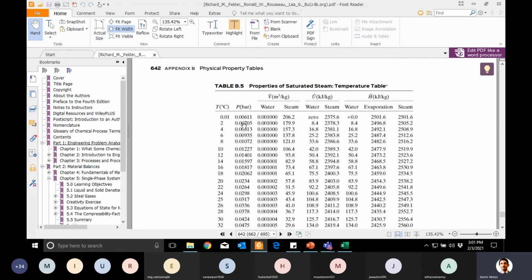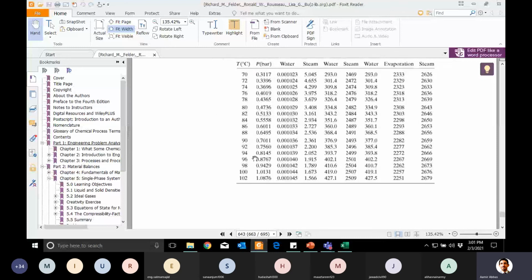that what will be the saturation pressure at that condition, and then the specific volume of water as well as steam is given. Because this is a saturation condition, you know that at saturation water or any liquid can exist in the form of liquid as well as vapor. Due to this reason, he has provided the properties of both. So this table goes up to, for example, a temperature of 100, and you know that at 100 water boils when the surrounding pressure is 1 atm, and in bar it is 1.01.